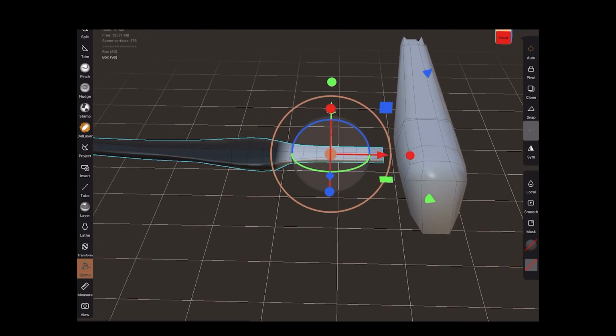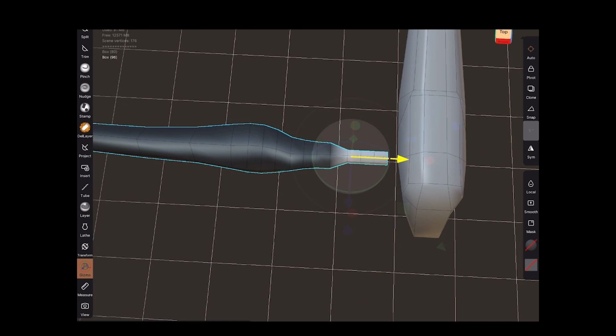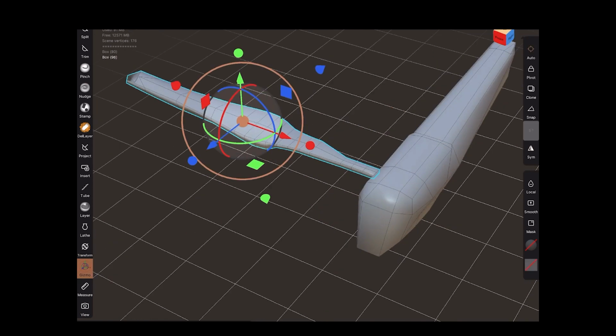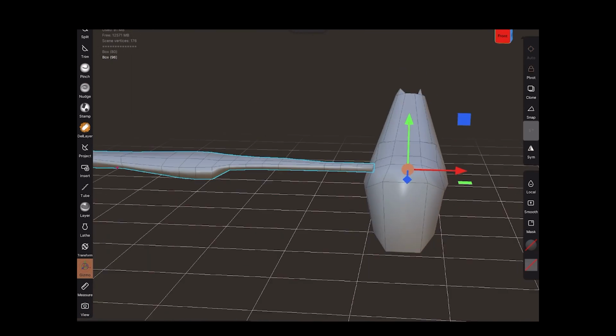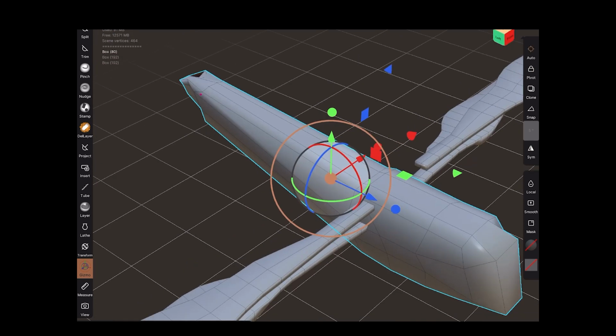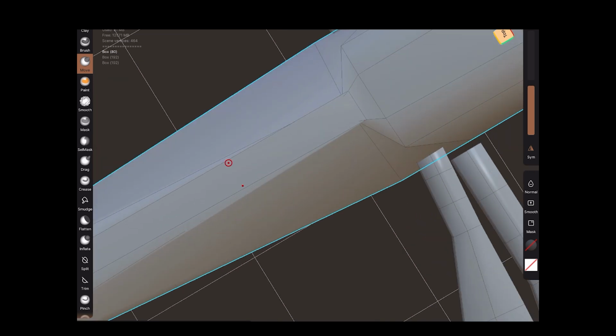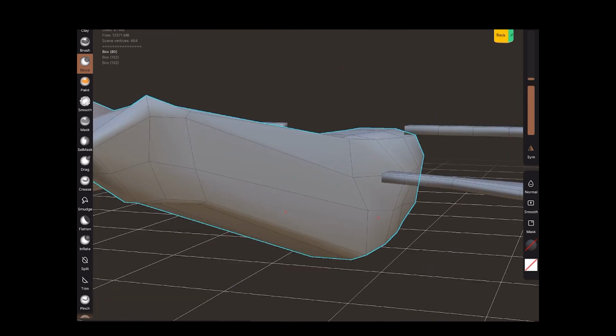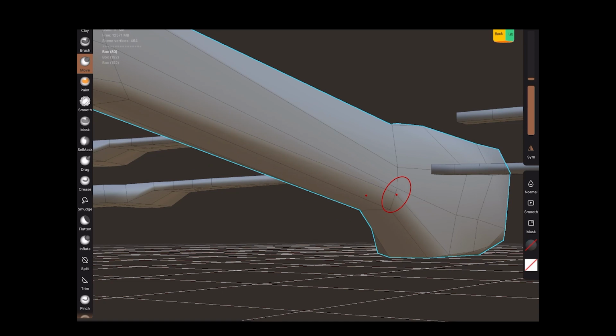Bit of masking there so that I can scale the whole back end to smaller, so that's quite nice. And unlike Nomad, where we're using millions of polygons, this is quite refreshing. So masking is really quite useful with this kind of low poly work. So there I'm already thinking about how the blades are going to work, and if you've seen the film you